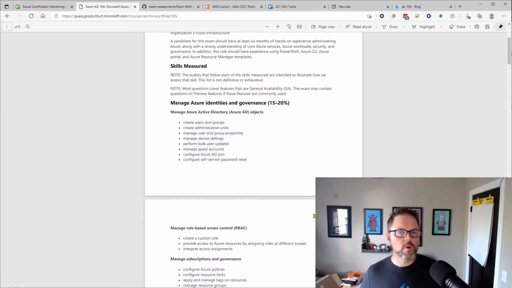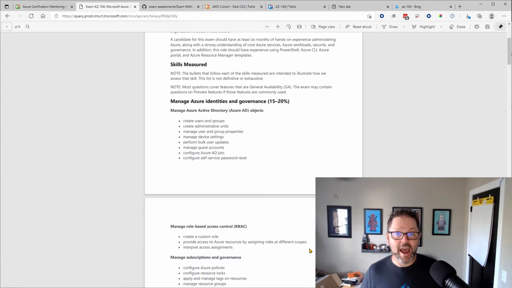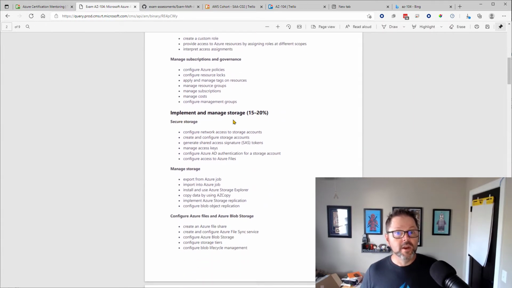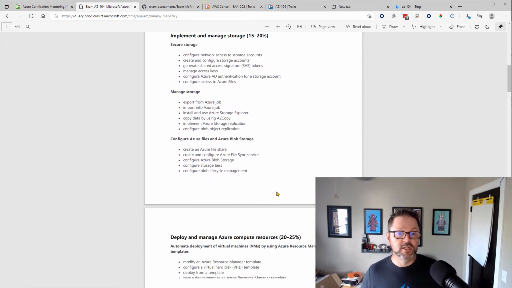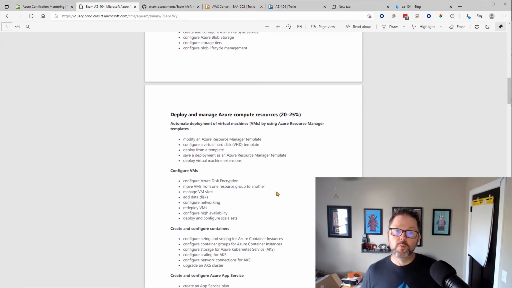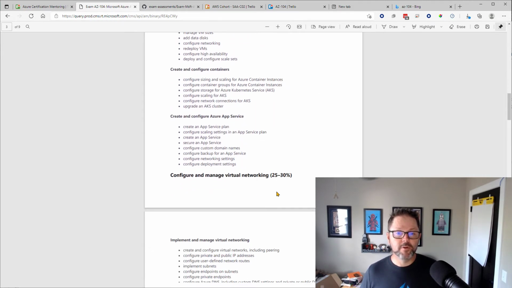It's important when you're planning that you understand what exactly you have to learn going through this process. So we need to be able to manage Azure identities and governance. We need to implement and manage storage, which is a similar 15 to 20%. Notice deploy and manage Azure compute resources bumps us up to about 20 to 25%.